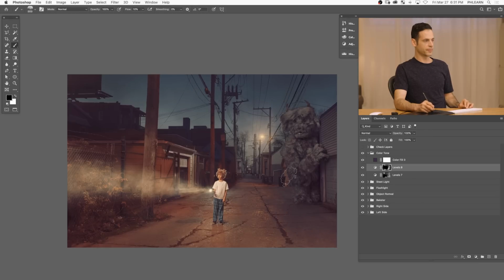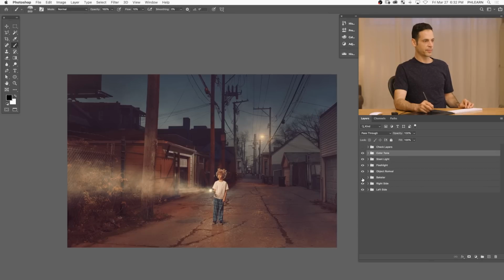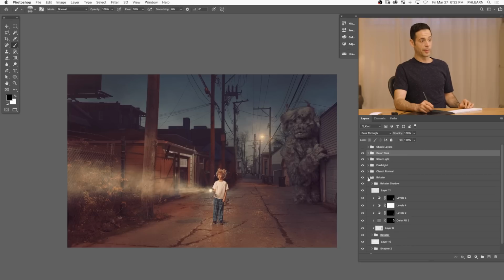All right, so we can see already we're getting some really nice color toning in this image, and Bakster's getting a little bit darker. Now I'm gonna go into the Bakster layer here. Remember, we have a lot going on here. We have the shadow of Bakster here, which I might just make a little bit less